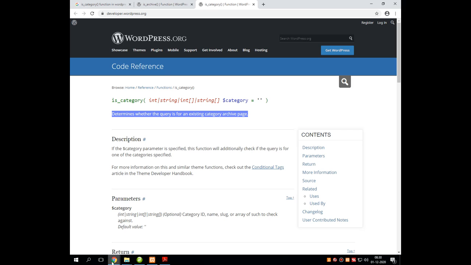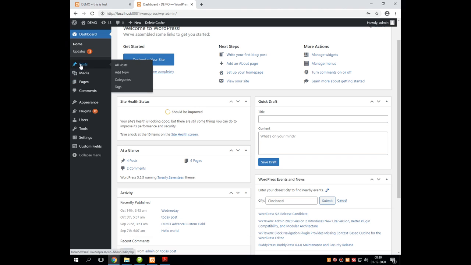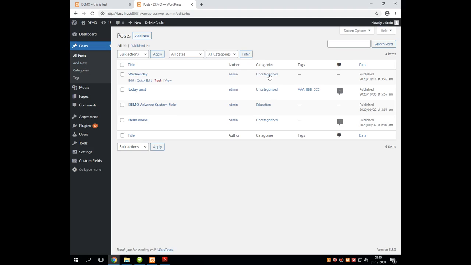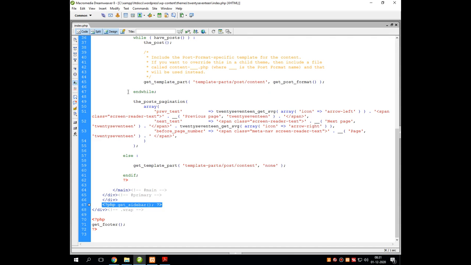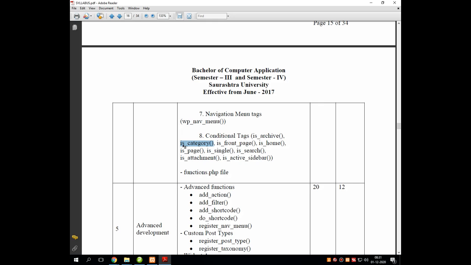Here I am discussing the category which is created under the post. Let me show you the categories that we have created. As you can see, I have gone into the post section of WordPress, where 4 different posts are created. From this, 3 are uncategorized and 1 is categorized, called education. Whether this category is created or not can be checked using this function called is_category.